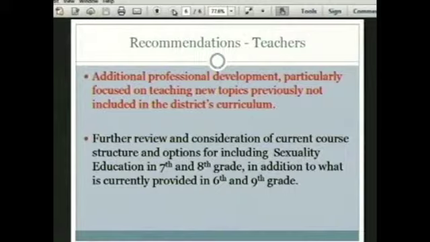Teaching and Learning is committed to helping support the further education and professional learning of our teachers, particularly focusing on teaching new topics that have previously not been included in the district's curriculum. This is particularly true for this coming summer. There is a HIV, AIDS, STD, and Human Sexuality annual conference in Kansas City, and we are sending at least